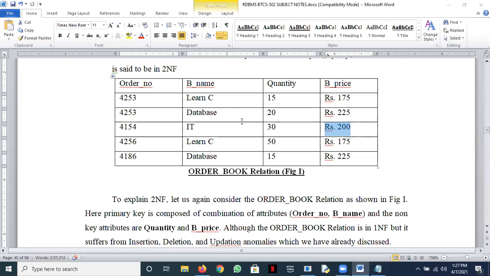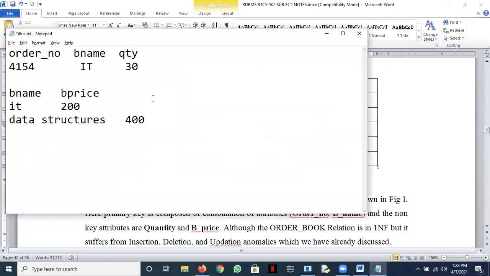Second normal form is okay. Very interesting, you see. Second normal form is based on the idea of a composite key. So if we have in a relation this combination as the composite primary key, then all other non-key attributes should be fully functionally dependent on both of them and not on any one of them. So the idea to split is that if any non-key attribute is partially dependent on the primary key, for example, book price is dependent on book name, this should be taken up in another relation. And this quantity is totally dependent on both of them, so this should be in one relation. So this should be the split for this relation.